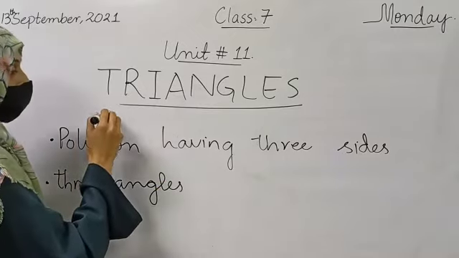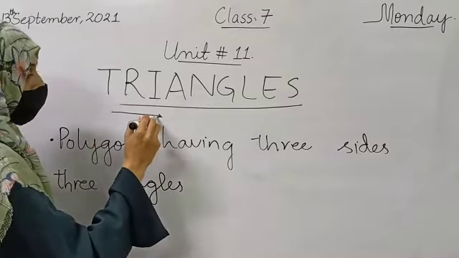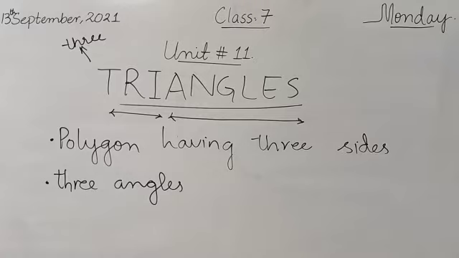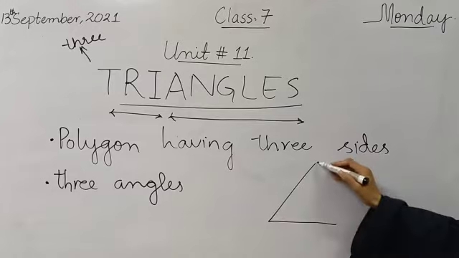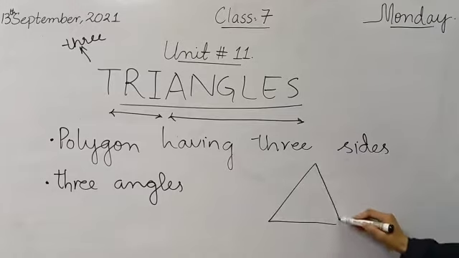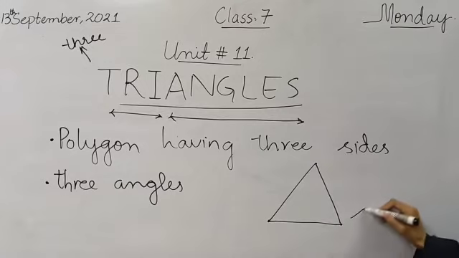We can see that triangle is made by combining two words, tri and angle. What does it mean by tri? Tri means three and angle means angle. So a triangle has three angles, okay? You all are familiar with a triangle. The shape of a triangle is like this, okay? These corners are called vertices